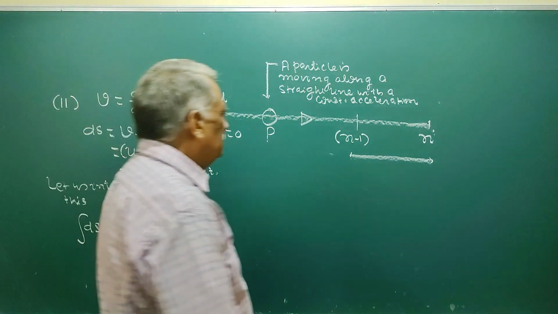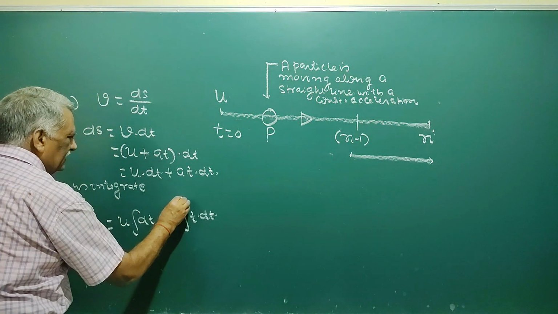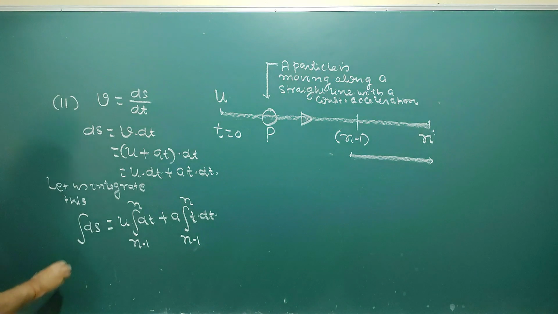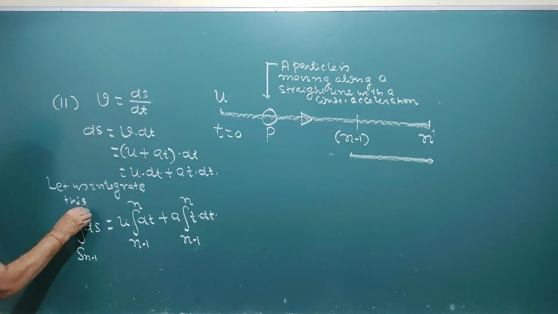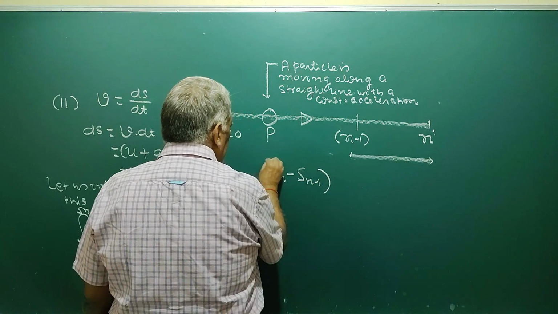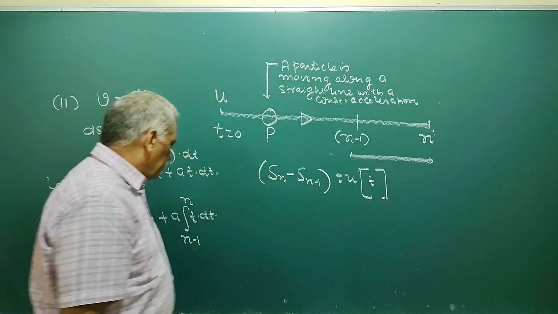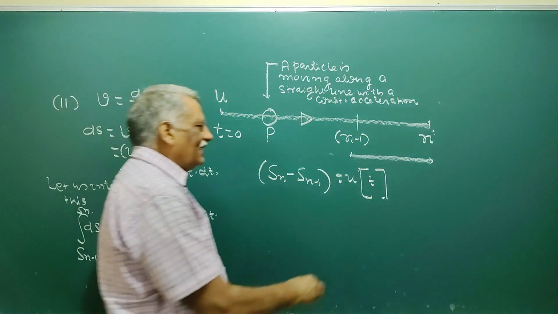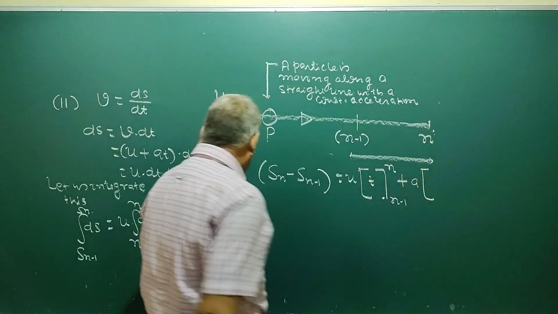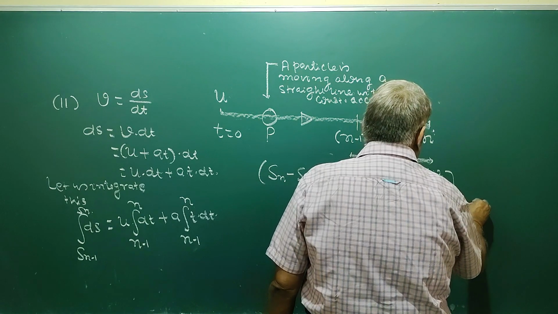t का वेरिएशन कहां से कहां तक होगा? n-1 से n तक. तो लोअर लिमिट n-1, अपर लिमिट क्या? n. तो यहाँ ऊपर n लिख देते हैं, और ये n-1, राइट? और ये S_(n-1) एंड दिस इज S_n. तब हम इसको लिख सकते हैं S_n minus S_(n-1). दिस इज इक्वल टू u, और यहाँ ये t है, इसको इंटीग्रेट dt, लोअर लिमिट n-1, अपर लिमिट n प्लस a और इसे इंटीग्रेट करेंगे t dt, t स्क्वायर बाई 2, लोअर लिमिट n-1 और फिर